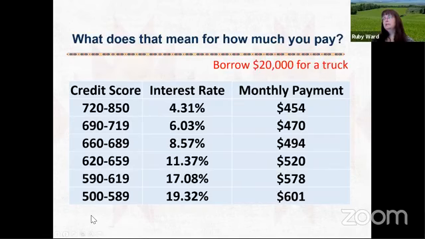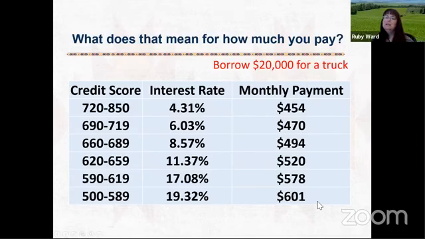So I did another example of borrowing for a truck for $20,000. I pulled some different interest rates, and you can see they're a little different than the ones on the previous slide, but pretty similar in range. The spread before was like 3.5 to 17, so this is a little bit higher. For that $20,000 truck, the monthly payment is going to vary between $454 a month up to $600 a month,